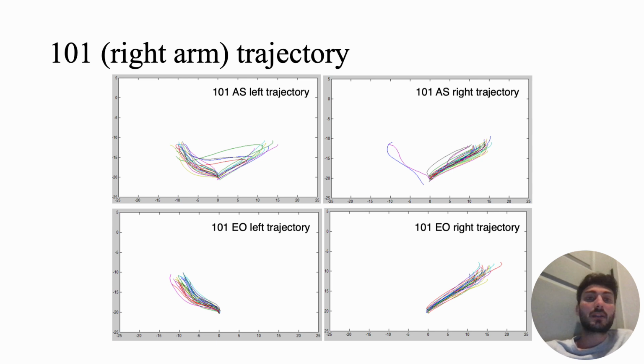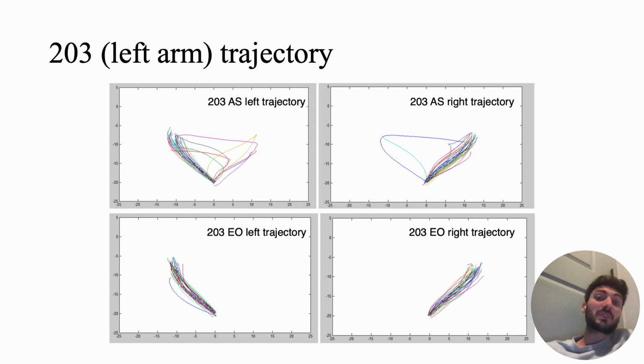And then right hand dominant people, reaching to the right, even smoother, but we see that little hook at the end because they actually overreach, which is fascinating with right hand dominant people. Now, reaching with the left arm, this is again with right hand dominant people, we see that when there's a